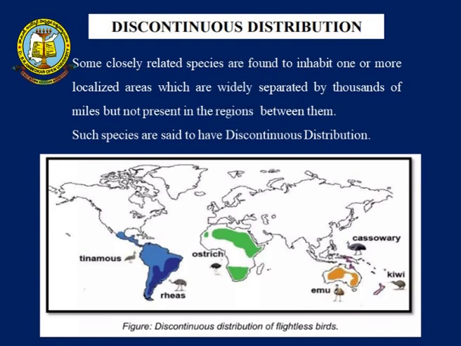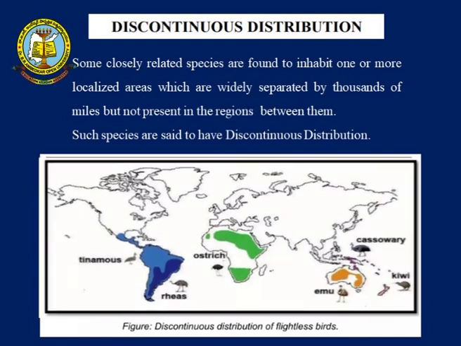Now, if you can see this picture, you have some ostriches in Africa, but they are not found in the Asian countries; again they are found in Australia. The same thing happens, there is a discontinuous distribution between the sea, and then you have them present in South America, that is the Tinamous and the Rhea; ostrich found in Africa, the South America, ostrich in Africa, cassowaries, emu and kiwi in the Australian regions.